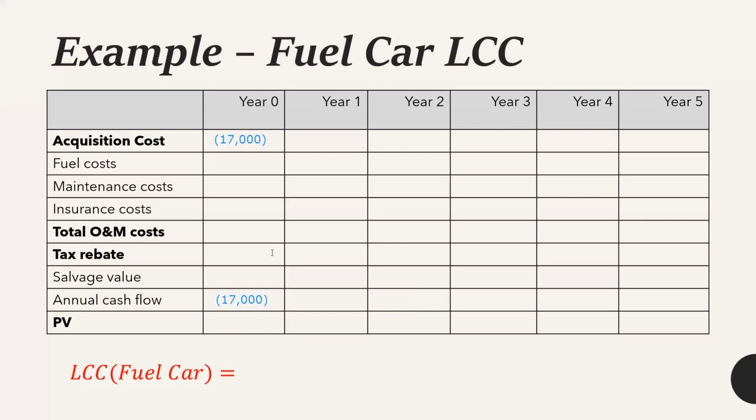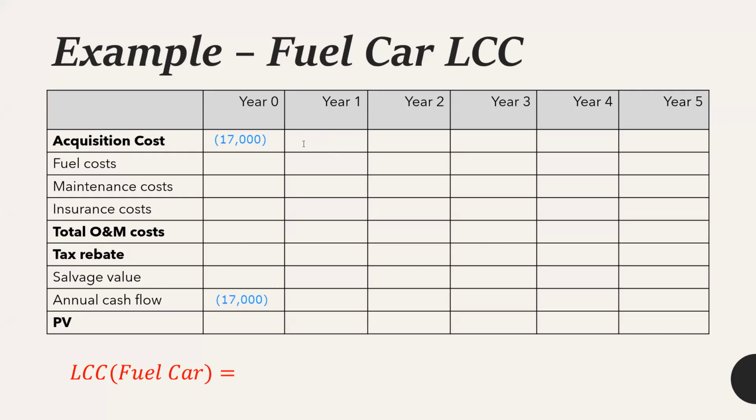In order to calculate the annual cash flow, we should take the difference of the total O&M cost. That means total O&M cost is the sum of fuel cost, maintenance cost, and the insurance cost. So this total O&M cost minus the tax or the salvage value is equal to annual cash flow. For year one, do we have any acquisition cost? No, because it has already been acquired. So for year one, the fuel cost